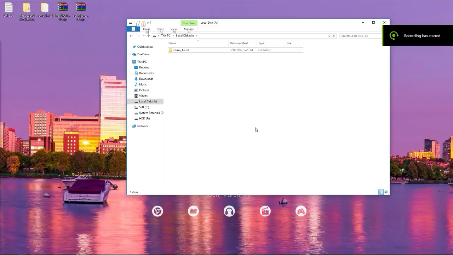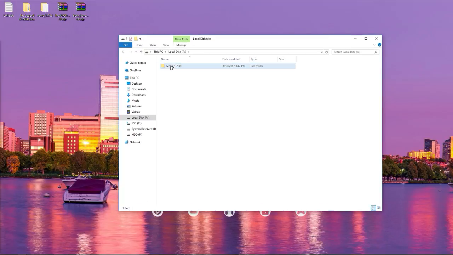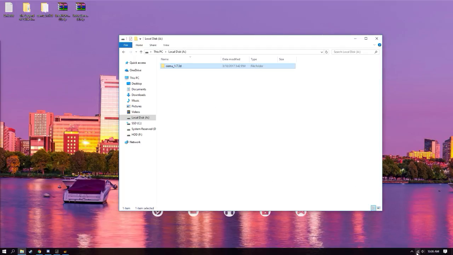Okay, so my shader cache ran through. I waited for the game to load in, and then I closed out the game. Next thing you're going to want to do is right-click on your CEMU folder, go into Properties, and see just how big it is. Mine is 1.53 gigabytes. So now you're going to go into RAM disk,